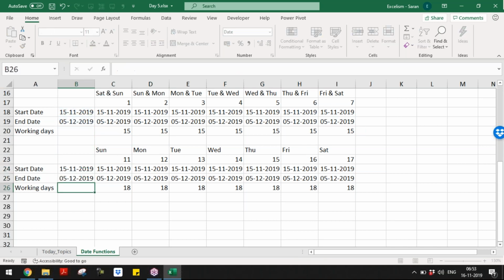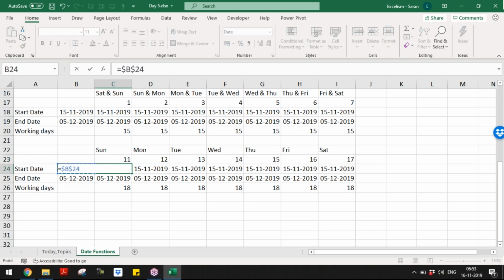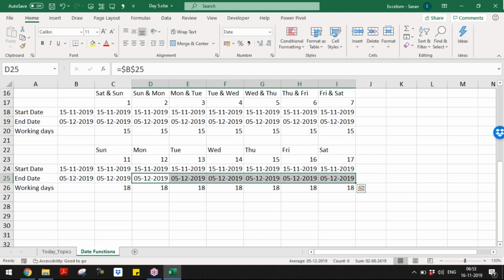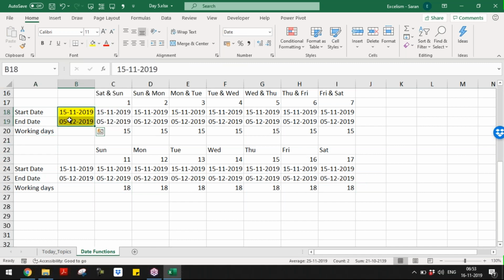This is actually this, and this is exactly the same. I'm using different references. So these two are the basic things. If you change these two things, this entirely will change automatically. Now instead of 5th, if I take 6th, see, everything got changed.